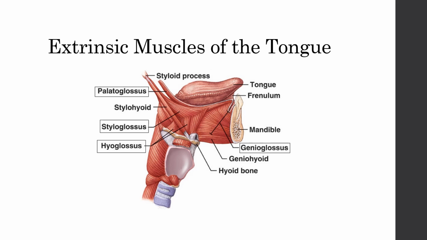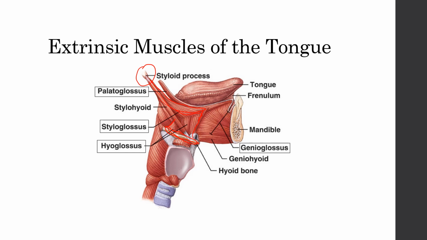In this diagram, we can see the 4 extrinsic muscles of the tongue: the palatoglossus, styloglossus, hyoglossus, and the genioglossus. We already know about the palatoglossus muscle, extending from the palate to the side of the tongue. The styloglossus extends from the styloid process here to the side of the tongue. This is the styloglossus. The hyoglossus extends from the greater horn and the lateral part of the body of the hyoid bone